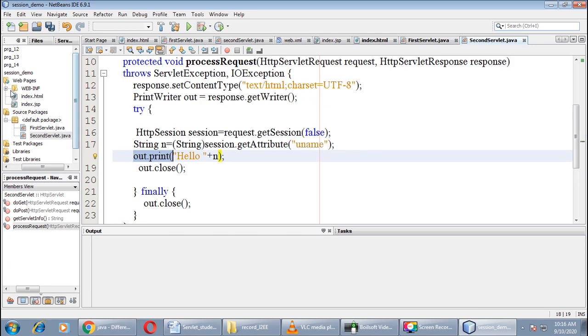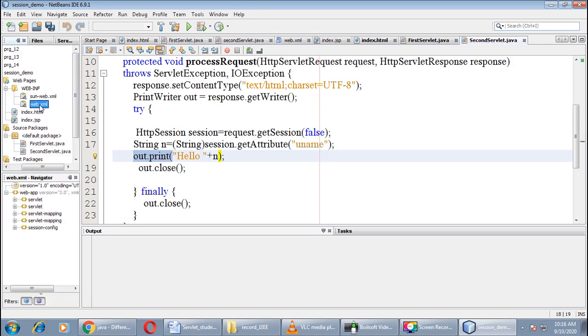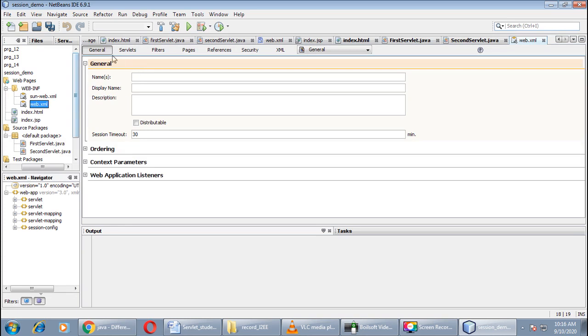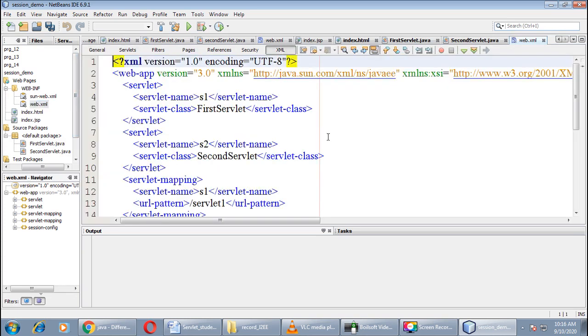Now let us go to the web.xml file. Go to the XML tab, and you can see that this is automatically defined as we selected that checkbox at the time of creation of the servlet, right, add the information in the deployment descriptor file. At the same time we had set some parameters for our servlet.